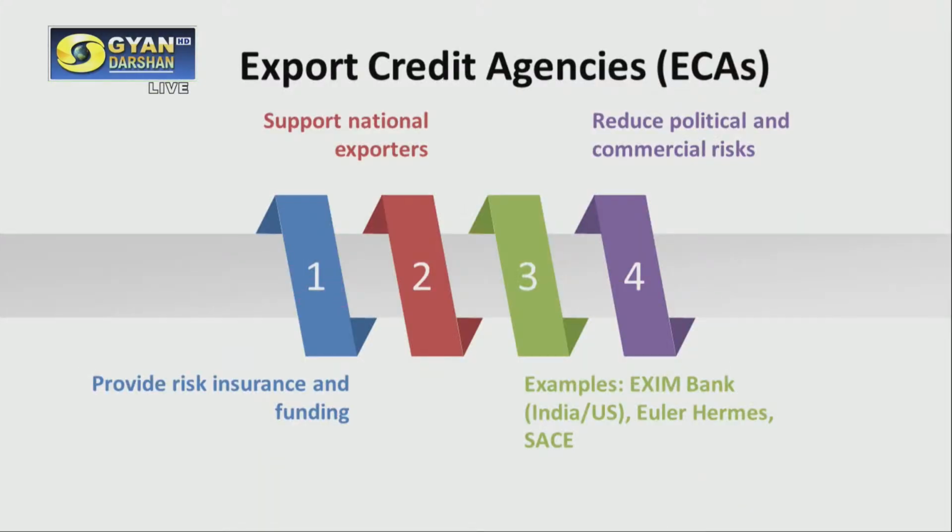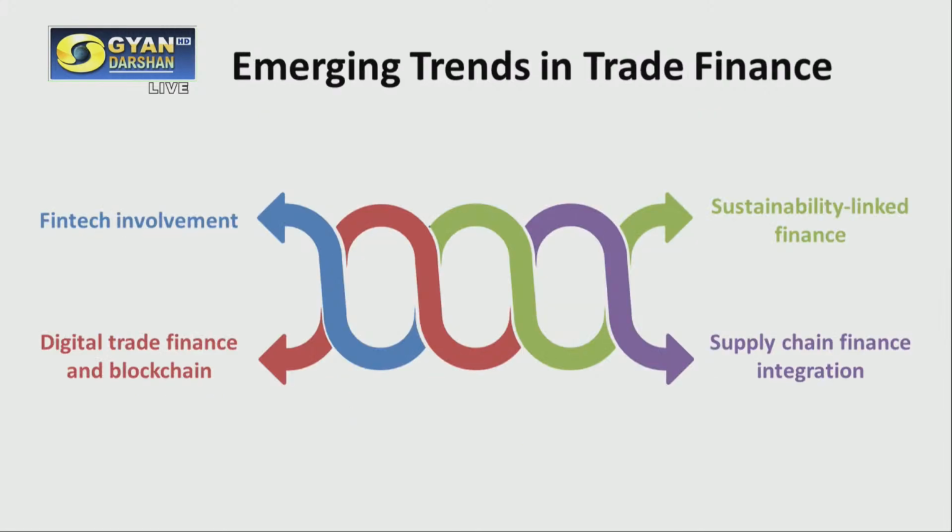These are the export credit agencies. They provide risk insurance and funding, and support national exporters. An example is Exim Bank, the Export Import Bank of India, which was established in the year 1982, the Apex Export Import Bank, and these ECAs also reduce political and commercial risk. These are the emerging trends, friends, in trade finance. There is a lot of fintech revolution going on in our country. Sustainability linked finance, which is also known as green finance. Digital trade finance and blockchain are there, and supply chain